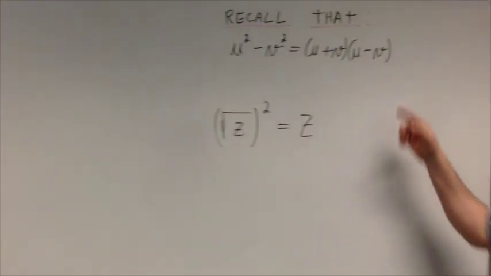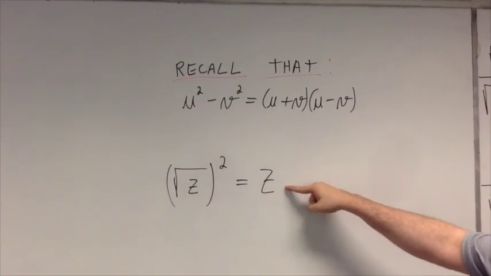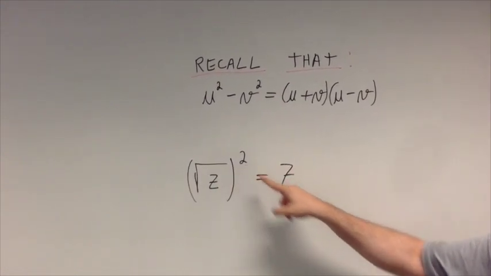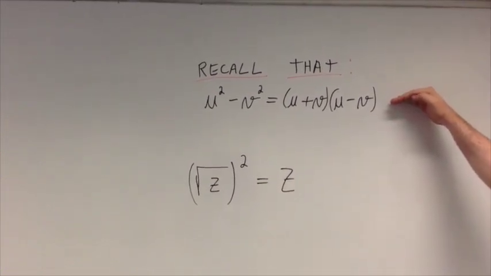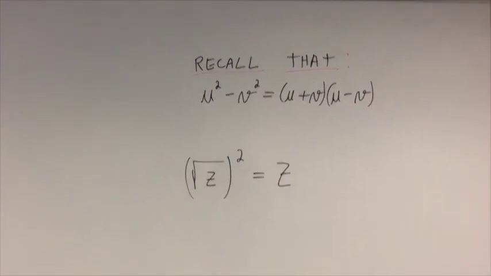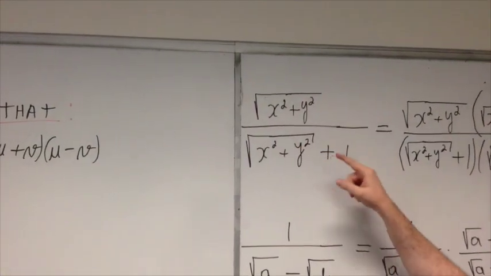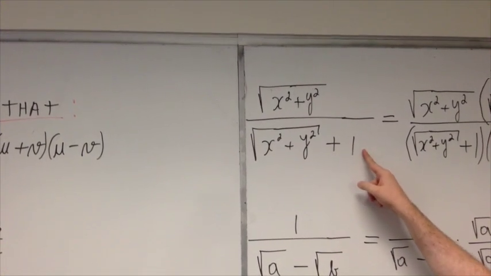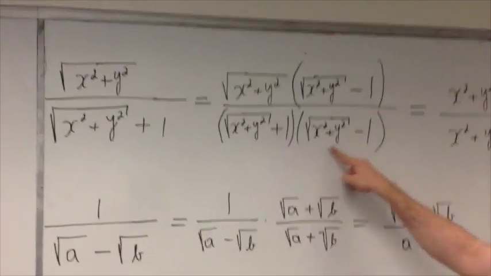Now for the next sequence, recall this factorization and this fact of life. If z is a positive number, you can take the square root. When you take the square of the square root, it's just z. Okay? And this tells you that the difference of 2 squares is the sum of the numbers multiplied by the difference. So if you have a complex formula like that, what you should do is to get rid of radicals in the denominator. The way to do that is to multiply top and bottom by this